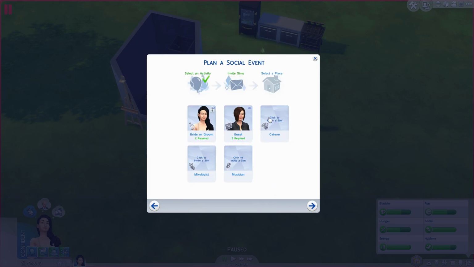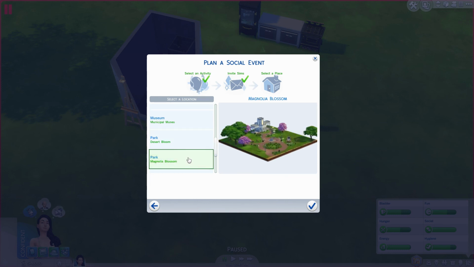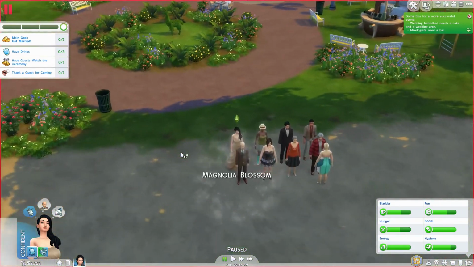There we go. Don't need a caterer. I do want to hire a mixologist. Only because, no, she doesn't know how to do drinks. We don't want to have to deal with it. We don't need to do a musician. And we already have the food. As far as the place, well, not that park. We'll do it at the other park. There we go. Magnolia Blossom Park. This will be a nice place for the wedding. All right, so 5 points are on the line here. If we can get ourselves a gold at this wedding, we can not only get ourselves married, but also a...